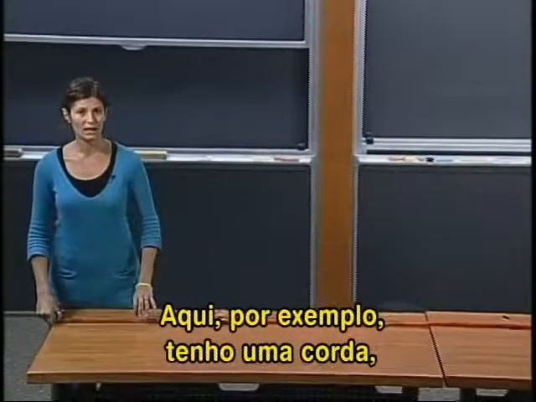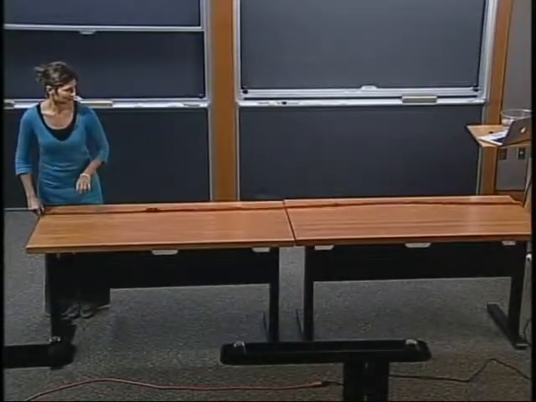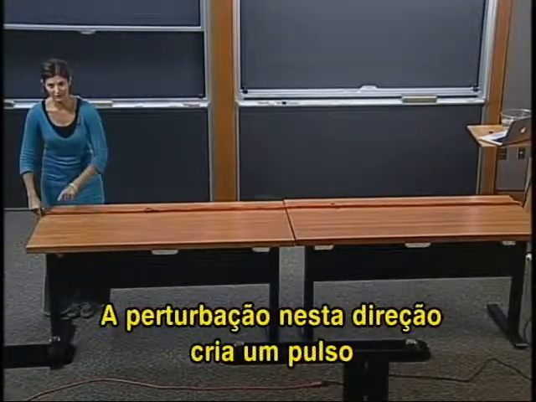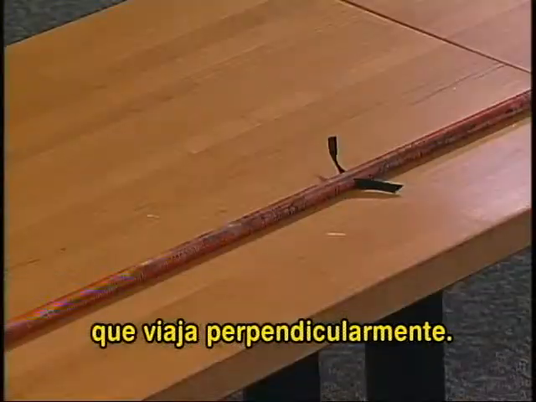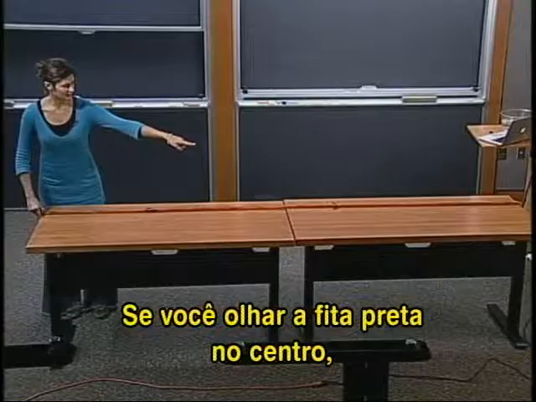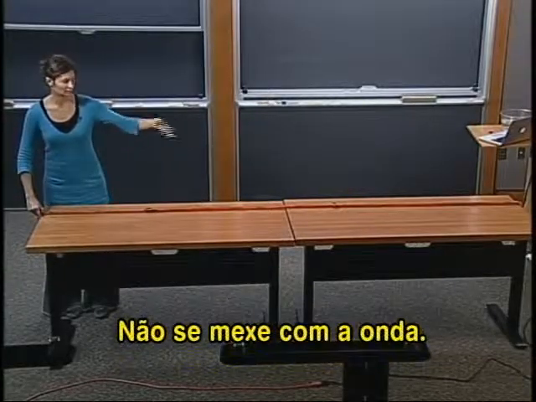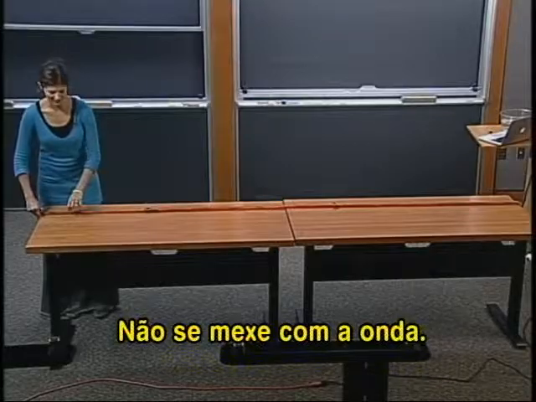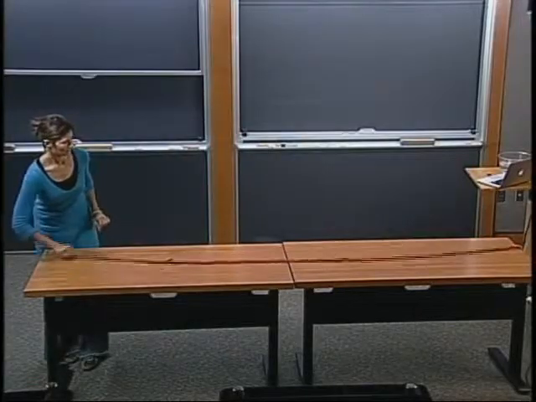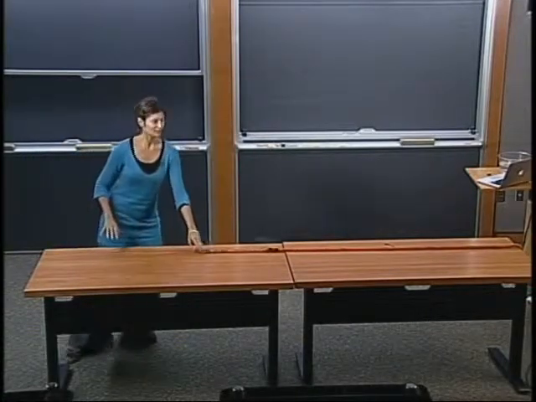So here, for example, I have a spring, and I can perturb it in this way. The perturbation in this direction is creating a pulse that is traveling in the perpendicular direction. If you look at the black tape in the center, you will notice that it's just moving back and forth. It's not actually moving with the wave itself. Let's look at this